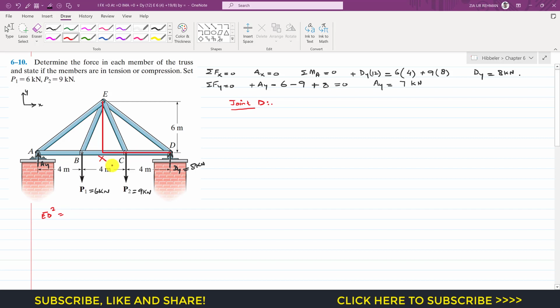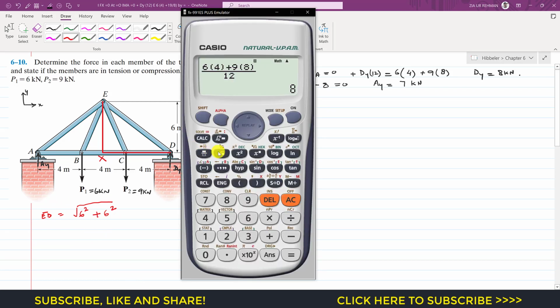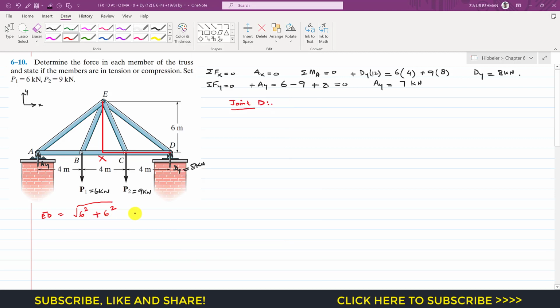Let's say that this point is X. So DX square. So DX square is 6 meter, plus this height, and this height is 6 meters. So this is 6 square as well. So if we take the square root, then we will get the length of that ED. So this is 6 square plus 6 square. So this gives us 6 square root 2. So ED length is 6